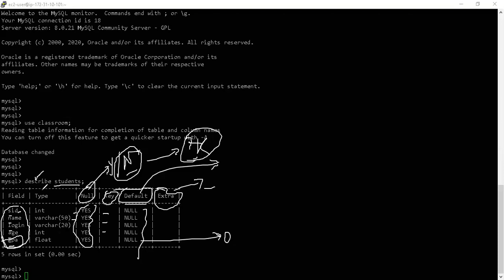Please study this command's output whenever you have access to any DB where your business says that your data is in this so-called classroom schema within this MySQL database. Here is your access and password. Go ahead, access the DB. The first thing I do is log into that DB. I'll go to the schema using this use command that I've done here. I'll go through each and every table.